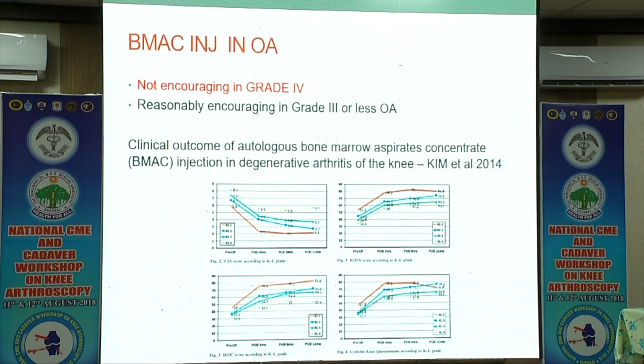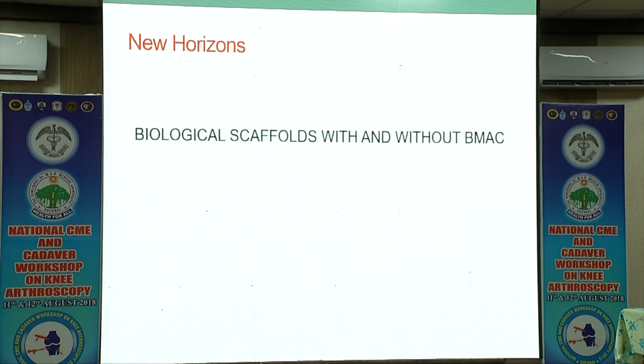excellent results. And you also come across people talking about stem cell injection into an osteoarthritic joint, rather than implanting, just a blind injection. It is encouraging in the early stage of arthritis, grade 2 to grade 3, but not in grade 4 osteoarthritis, contrary to the claims. This is a classical paper by Kim published in 2014. You can see the yellow line, which is grade 4, which is not performing very well after 6 months or 12 months, in terms of IKDC scores and other functional scores.